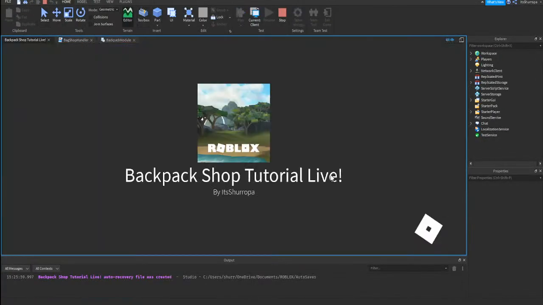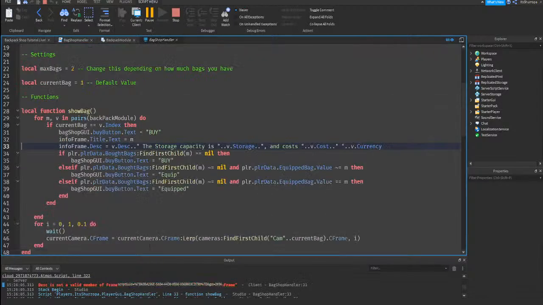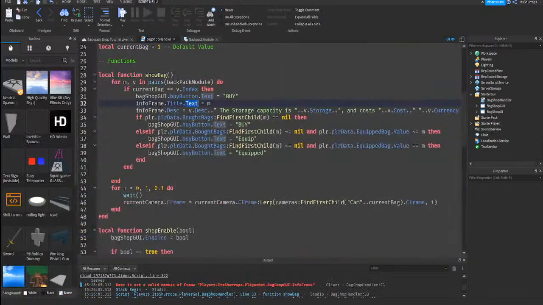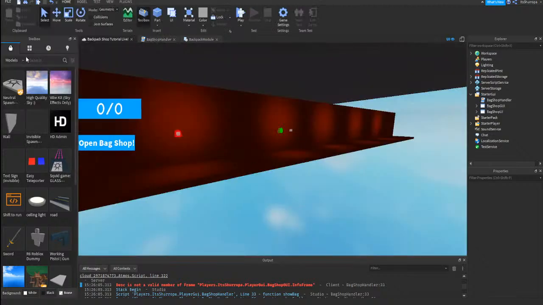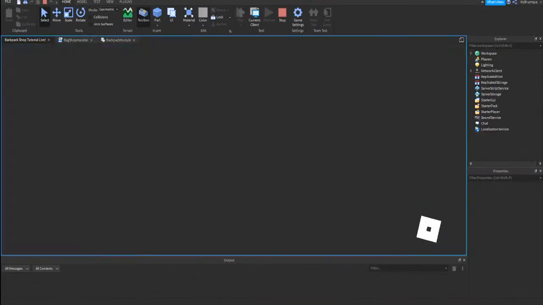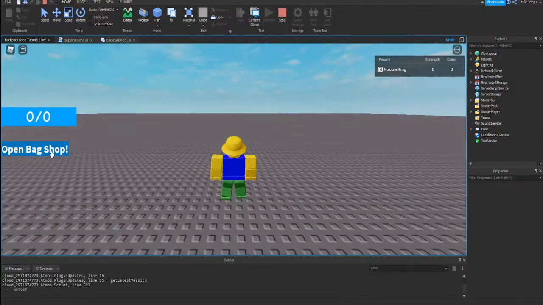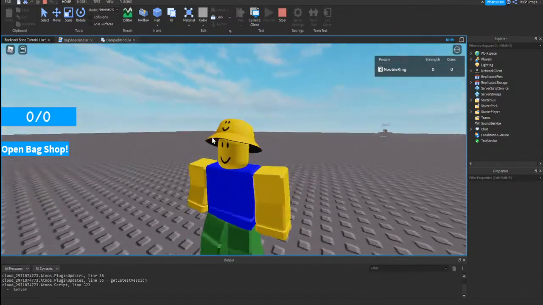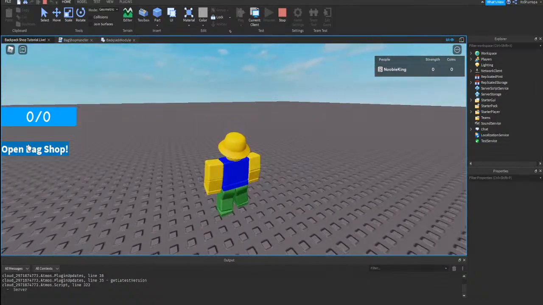Okay, now test it. Alright, open backshop. Now we have another description. Make sure you also do dot text. I should have looked over that. And we can hit Roblox and publish. Okay. Really important that you save. Because I had a game that, let's just say, did not save, and I had to redo the whole entire game. But anyways,